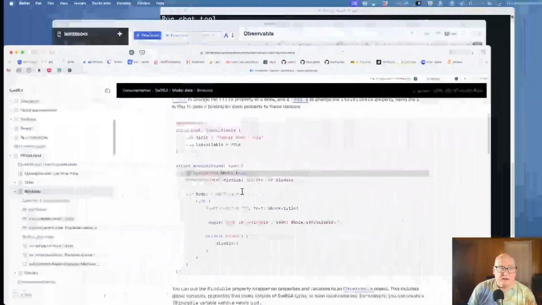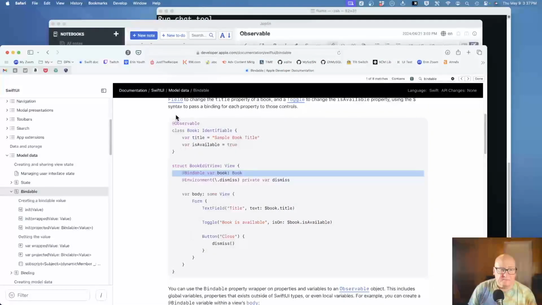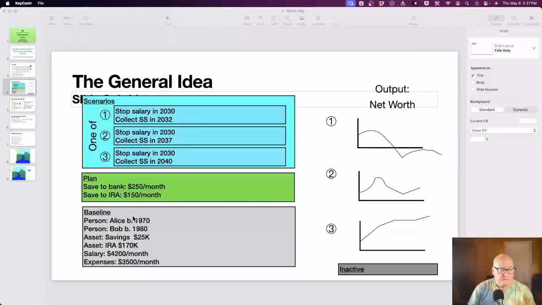Well, we've got the streams like salary and expenses. We don't have the assets, and we don't have the notion, like, I don't know. I want to be able to say,